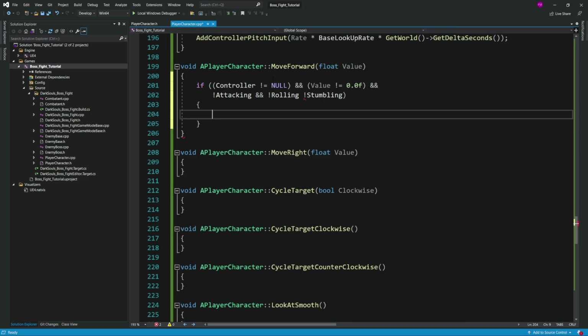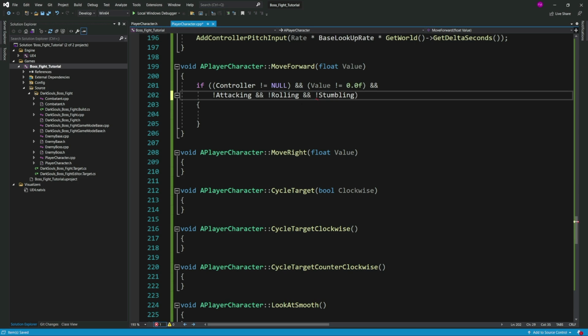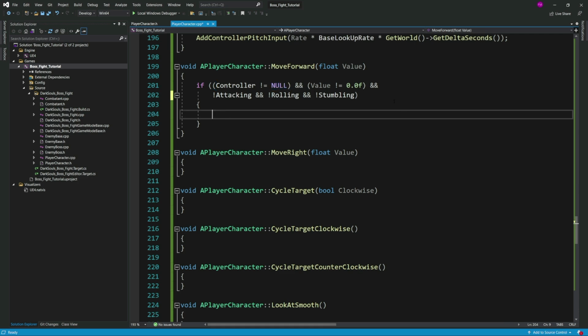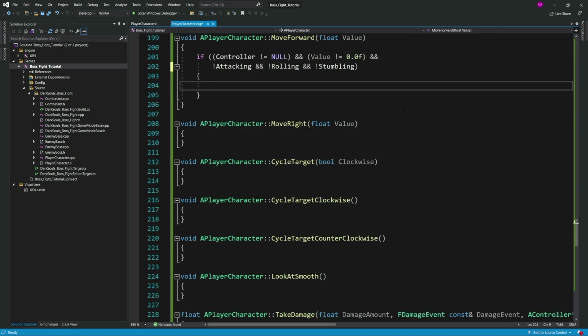So if we have the controller, and the value, which will be greater or less than 0 depending on if you're moving forward or backwards, is not equal to 0, and over here we're not attacking, notice the exclamation mark, which means we are not attacking, and we are not rolling, and we are not stumbling, then what we are going to do is say here